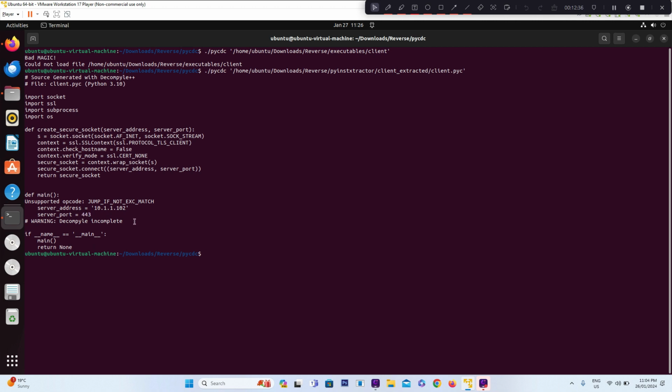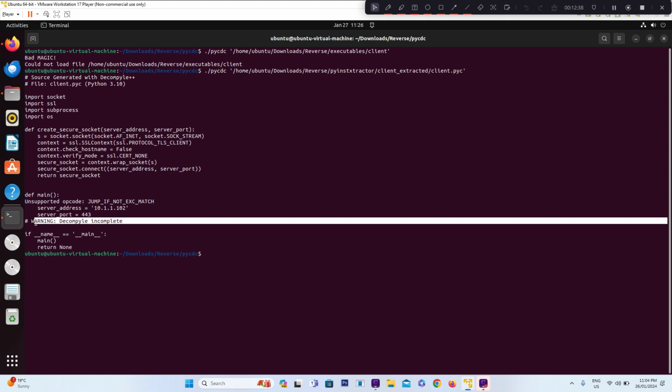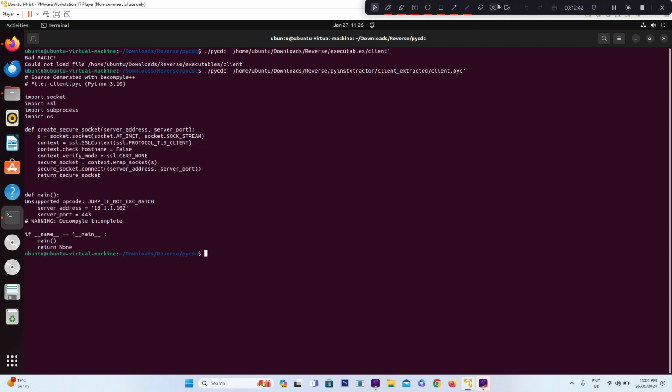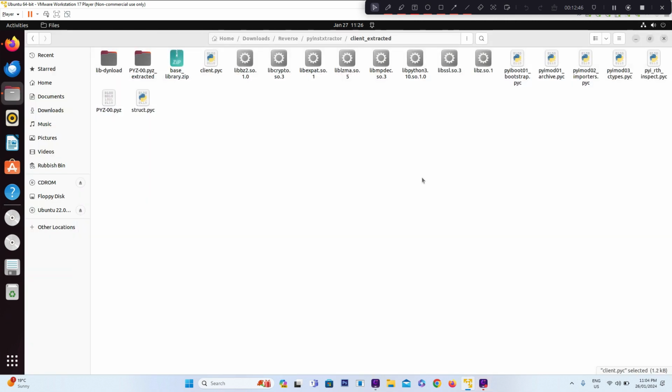Sometimes it can't retrieve all the source code, so you might run into this error, but still we've got the kind of point of the program. So that's how to extract source code from Python binaries. Now if you're looking for a way to obfuscate or encrypt the sensitive information, what you can do,